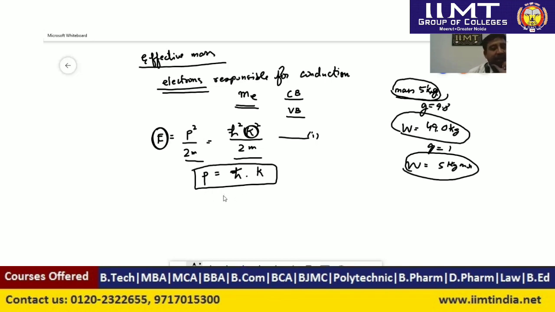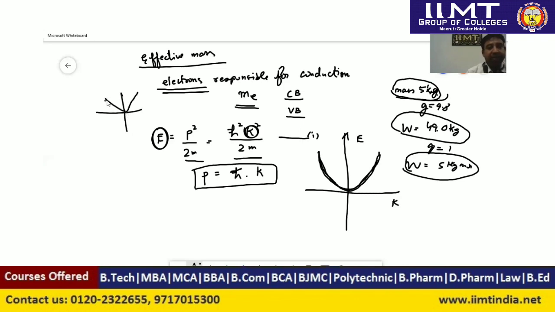Now, the energy and k structure, energy versus k. The simplest diagram we can draw is a parabolic graph, if we want to draw a graph between energy and k. If this is a curvy graph, not a very sharp graph but a smooth graph, the slope can be found and its slope can be unique. If it had been like this, very sharp, then a unique slope cannot be identified.